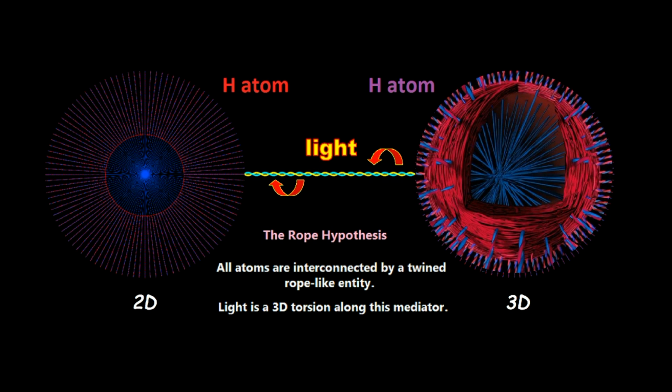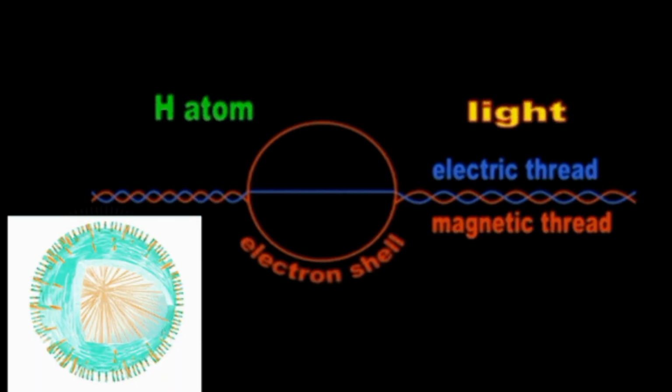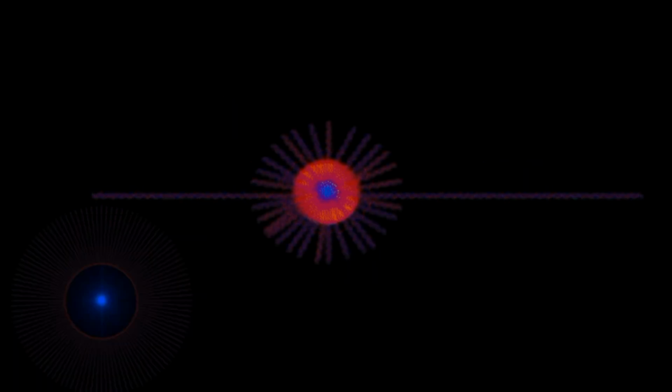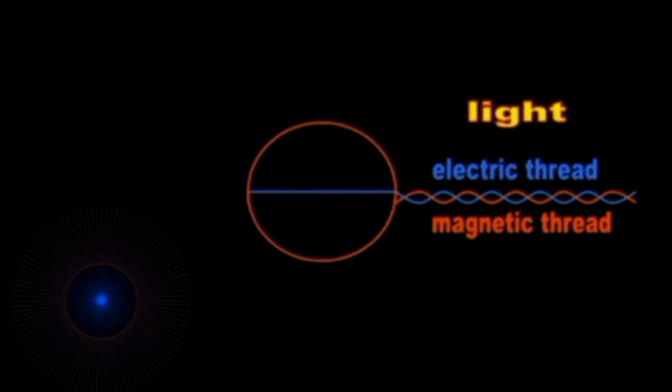This is how it's constructed. Here you can see it real quick. You have one thread that goes through the center of the atom, the other one goes around, forming the encapsulating electron shell. You have all the atoms in the universe connected with all these ropes, and that's what it looks like more or less. The ropes, one forks around the red one and forms the electron shell. There you see it.